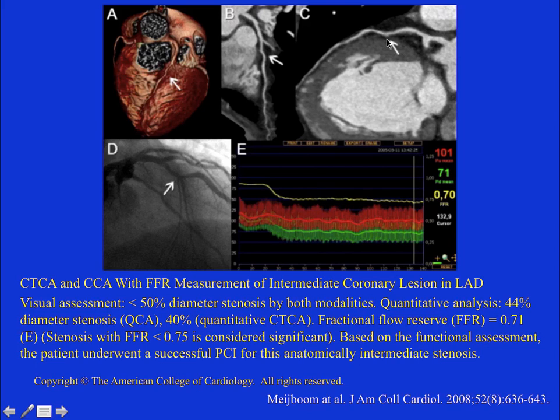There seems to be a stenosis in the LAD, but it looks like it is not very much stenotic. So with quantitative CTO as well as conventional angio, the stenosis was found to be less than 50%, which is not clinically significant. A clinically significant stenosis is more than 70% diameter stenosis. So in this patient with less than 50% stenosis, when the fractional flow reserve was measured, it was 0.71, which